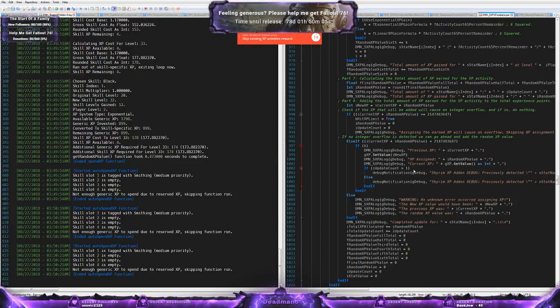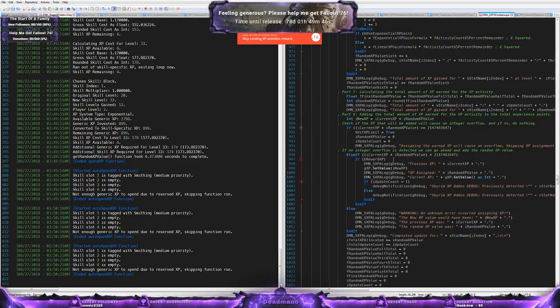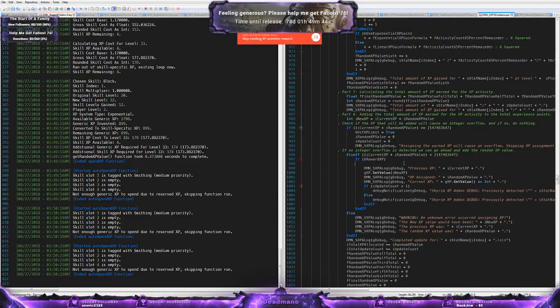So what should our boolean be? If b reward XP, I guess. This is a decent name. B reward XP. True, false. So we need a dialog that pops up, right? Which basically says, so let's get a message box in here for now. So we're going to do a message box. Are we going to say